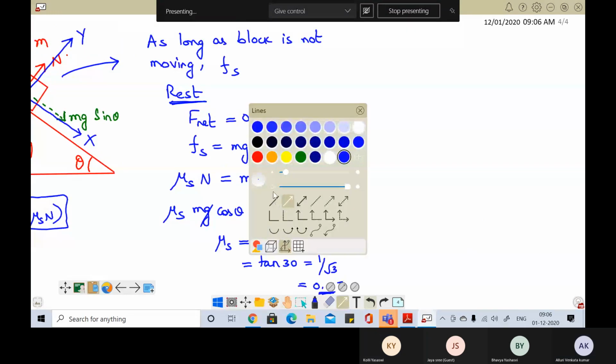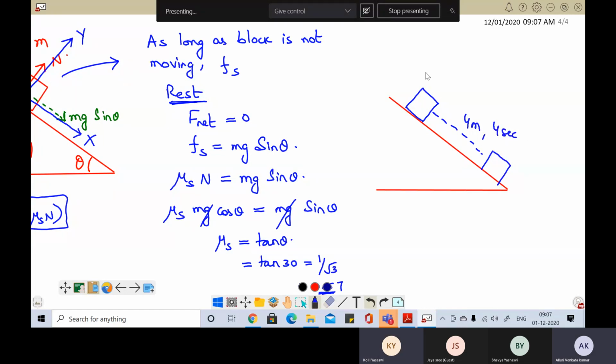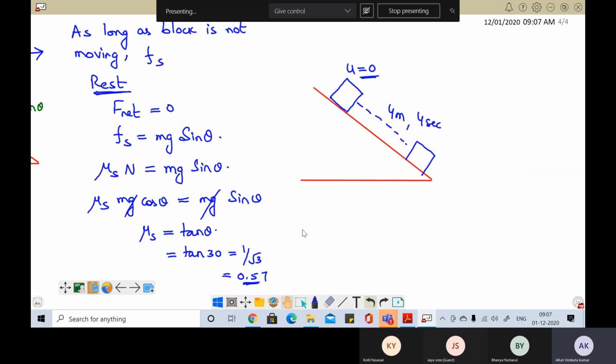It slides down in 4 seconds, correct? So suppose this is the block. It has traveled how many meters? 4 meters. In how many seconds? 4 seconds. It starts from rest, so the initial velocity is 0. So now, according to kinematics,